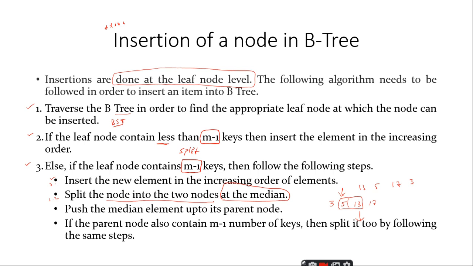So when you have an odd number of elements, the median is obviously the middle element. But if you have an even number of elements, the middle consists of 2 values. So you can take either of those values to be considered as the median of the given list of elements. Is it clear?